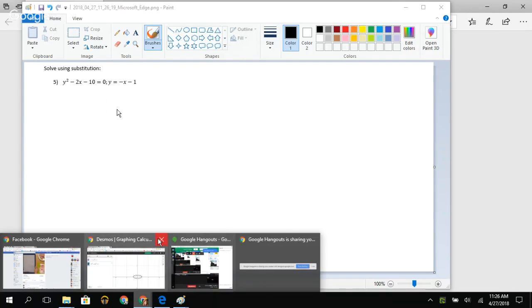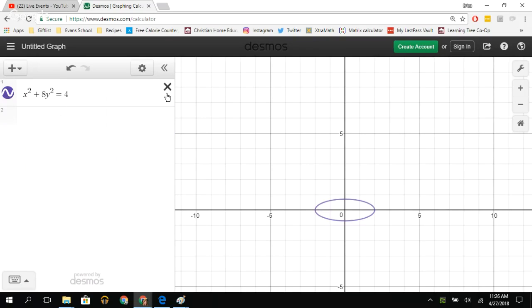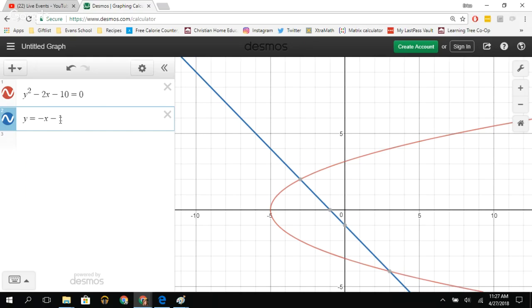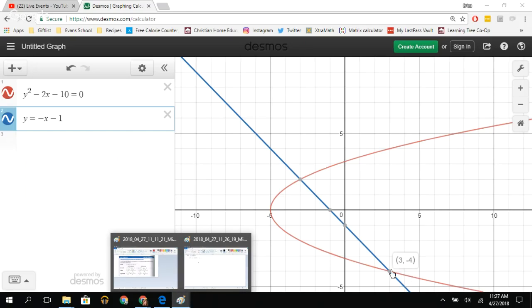Well, nothing is preventing you from graphing it first, just to kind of get an idea of what you're looking at. So let's see. We have y squared minus 2x minus 10 equals 0. This is going to be a parabola because we have a y squared term and an x term. And our second one's going to be a line, y equals -x minus 1. So we do have some solutions, so that's good to know. And they look like they're whole number solutions. So let's actually see if we can figure out the graphing solution,